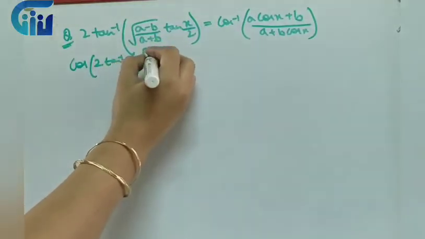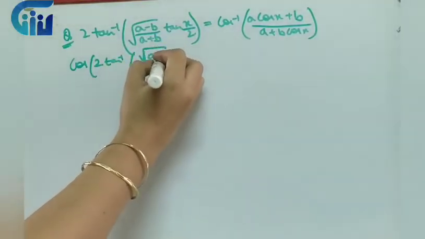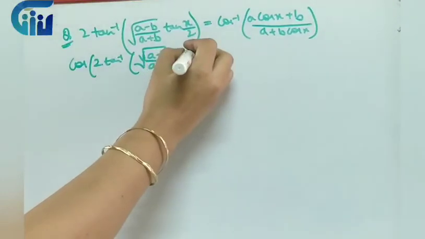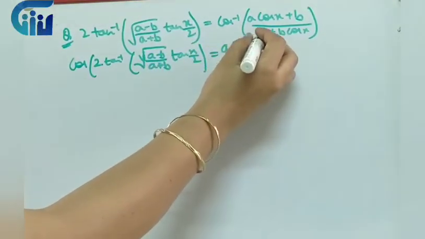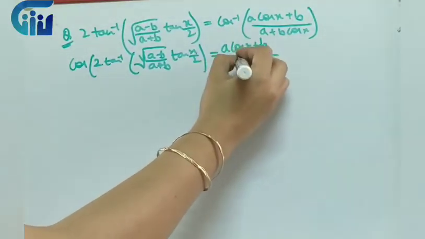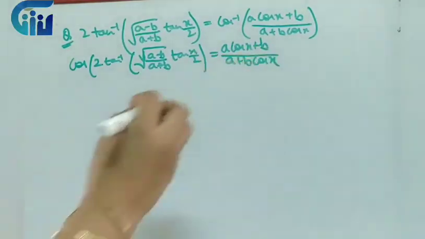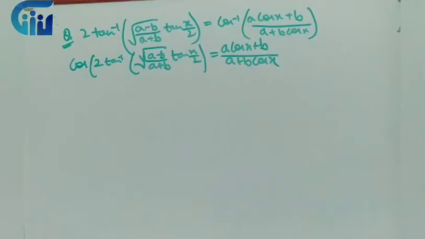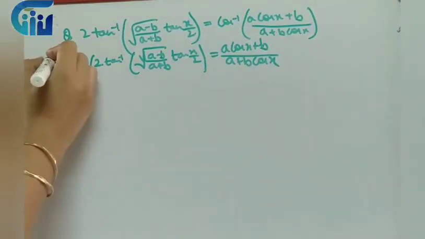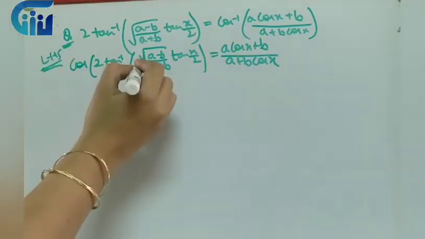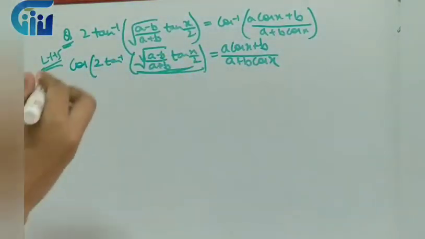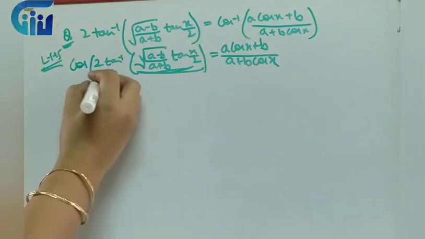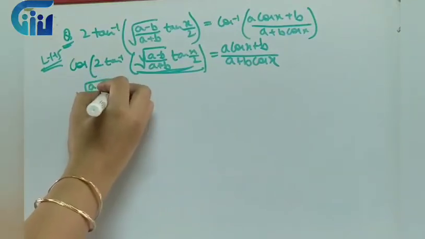1 plus tan square theta, if I open up the whole square, a plus b whole square. This is 2 tan theta, 1 plus tan square theta minus 2 tan theta. And in the denominator, we have 1 minus tan square theta. So over here, these two will get cancelled. So I have 2 plus 2 tan square theta, which I will take outside. So it will be 1 plus tan square theta upon 1 minus tan square theta, right?